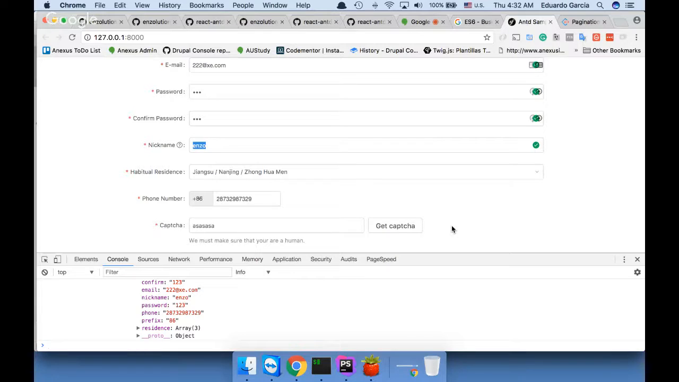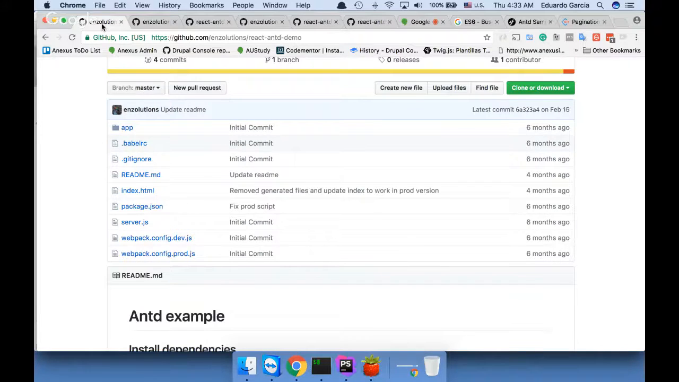I'm not saying it's a wrong approach, but if you don't have experience with that, maybe it could be a little difficult. So I hope you enjoyed this session, and remember, the repository is in nsolution/react and the demo,